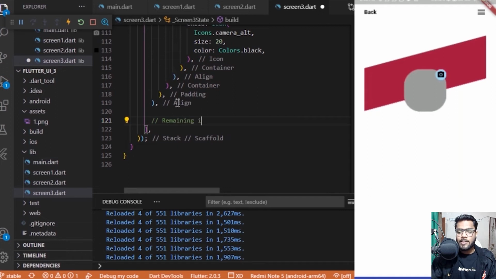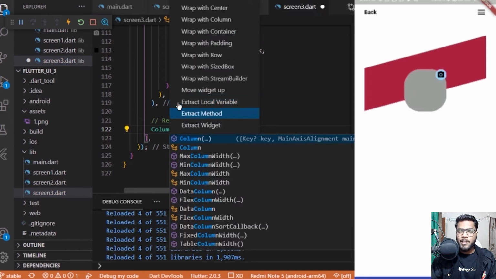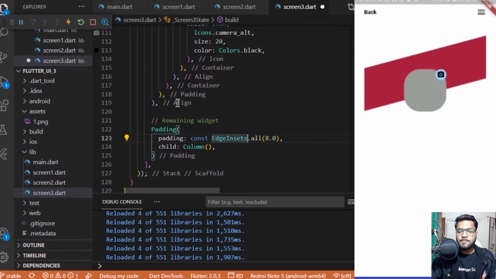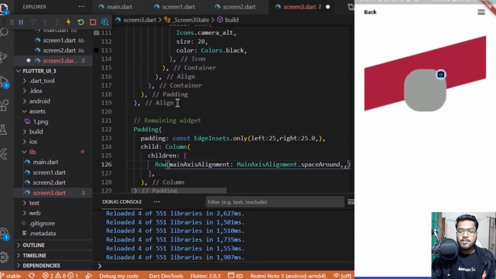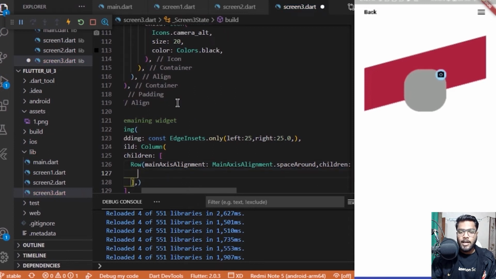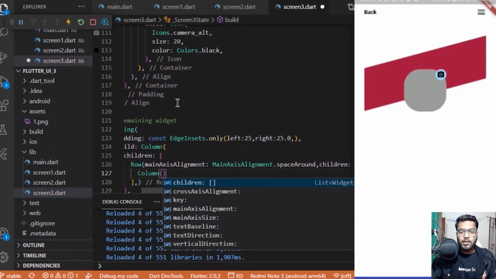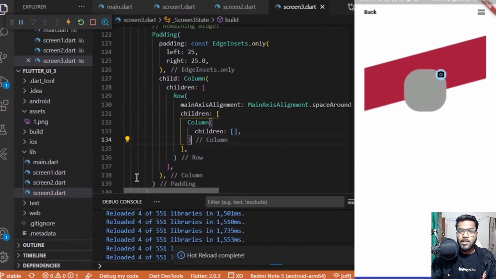Now I need to add the remaining widgets, for which I'll be having a column at first, and it would be enclosed inside a padding which will be having padding of only, so left and right padding of value 25. And for the children of this column, I'll be adding a row at first, having a main axis alignment set as main axis alignment dot space around. And for the children of this row, we'll be having another column inside it,